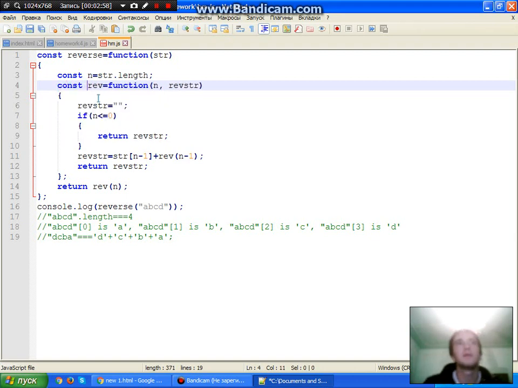So we call it function ref, a constant function ref that takes as arguments n, the string length, and a ref string, which is in this case just a variable, because the argument is a variable in the function. So at first we assign to the ref string an empty string just for convenience, and then we write the